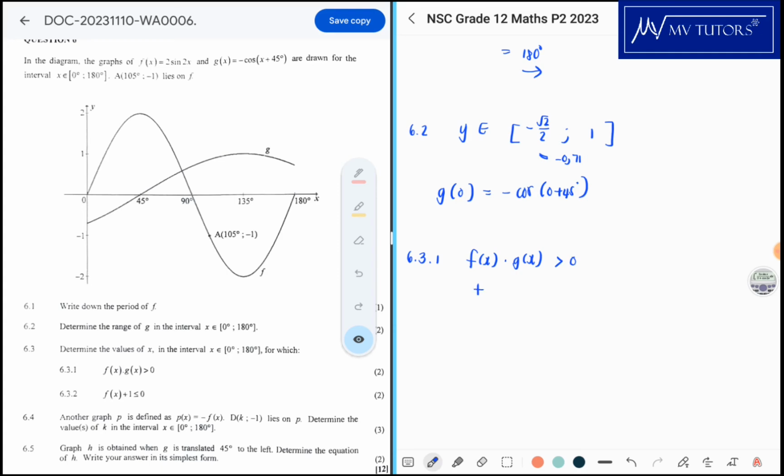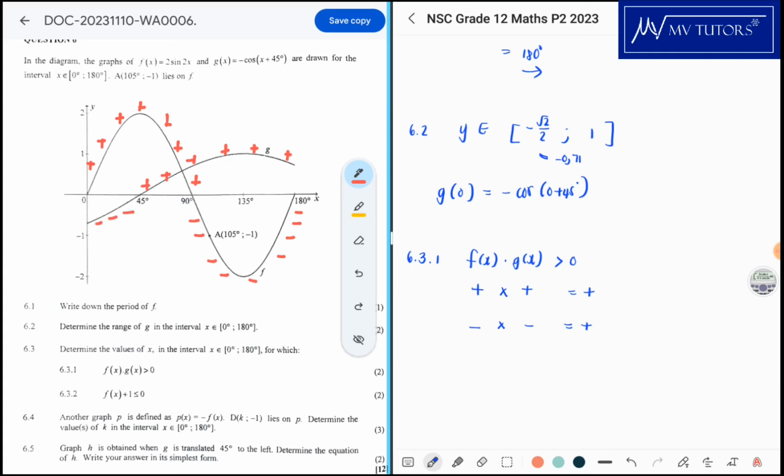So if you have a positive y value for both f and g, you're going to get a positive, right? As well, if you have a negative and a negative, that will give you a positive. So that is what we are actually going for. Now, let me just remove all these things that I made. So here, I can see for f, this is positive, right? All the way. I know this is tedious, but this actually helps, especially for visual learners. So here we have positive,